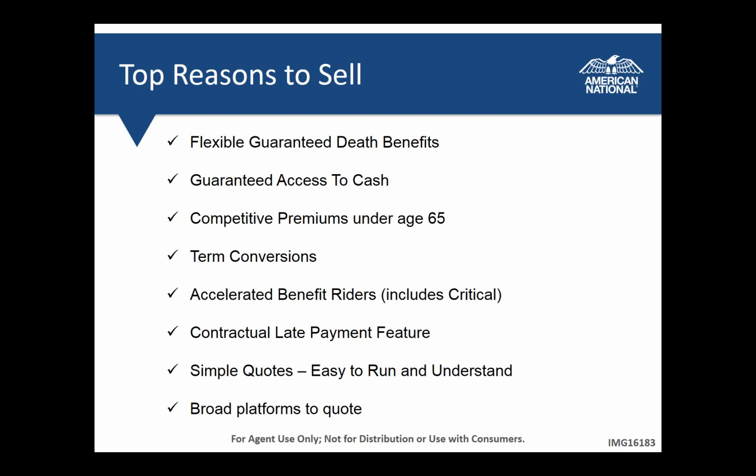And maybe they want to do some remodeling on their home, or maybe they want to go on a vacation. There's plenty of benefits with that ROP, and it also gives that customer plenty of flexibility to have options to do things with that money that they paid into it if they see that life insurance is no longer needed. As I mentioned also, really our sweet spot with this product is your customers age 20 to 65. That's typically where we rank near the top of the pack,